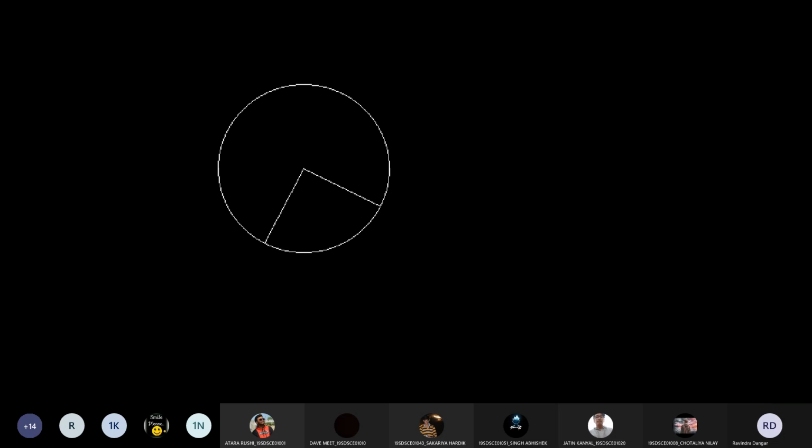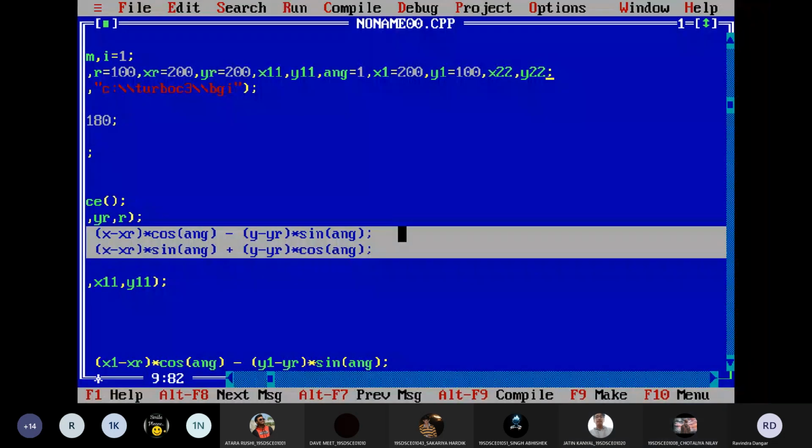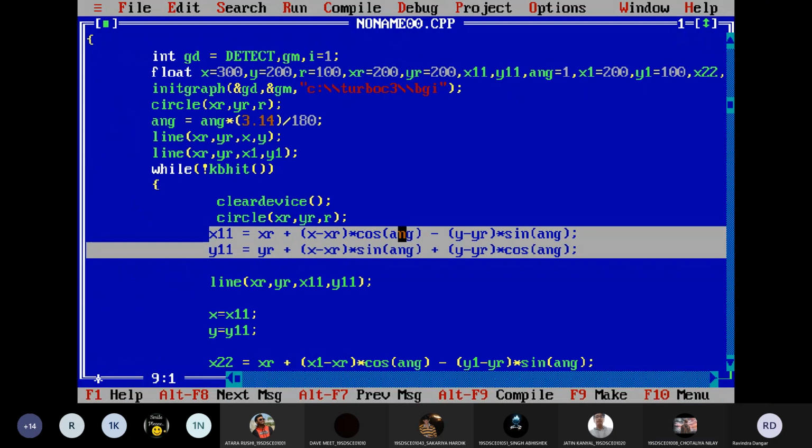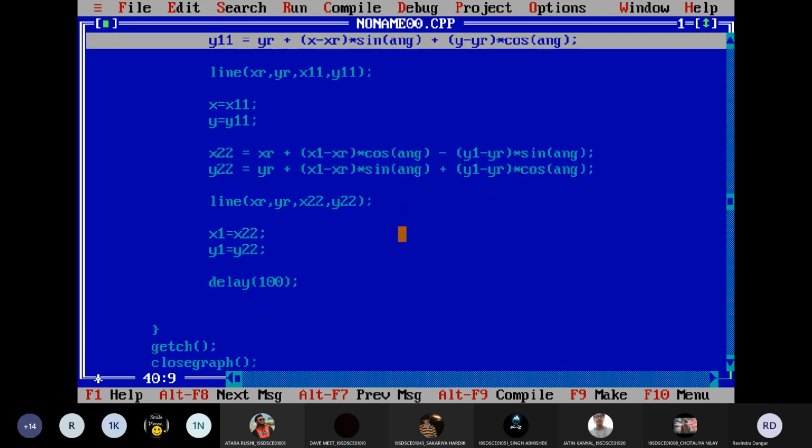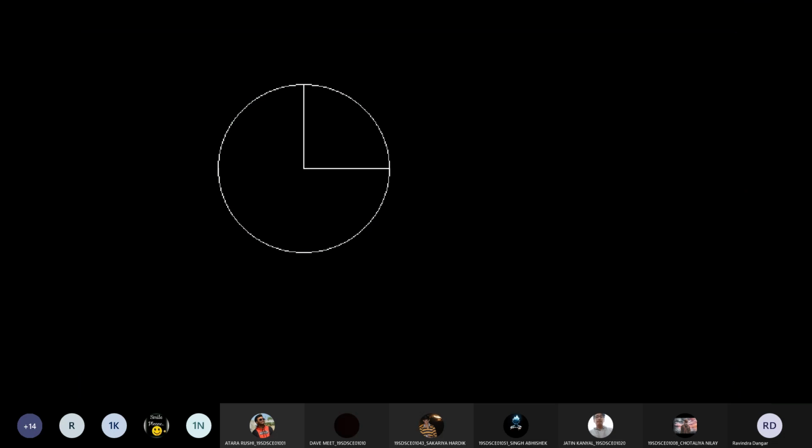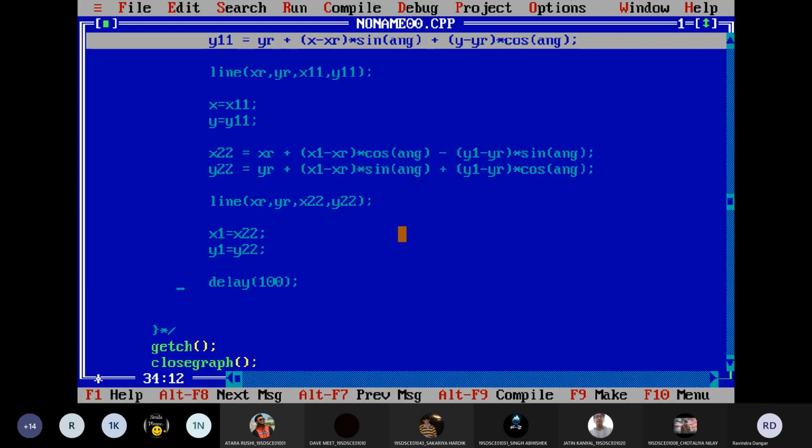But still, this is not the line which I was looking for. If you can notice here, yes or no? It should have been straight, sir. Yes. So why? What is the reason? Why am I not getting a straight line? Let me put the entire code into comment. Let's run this file again. Why? What is the reason?